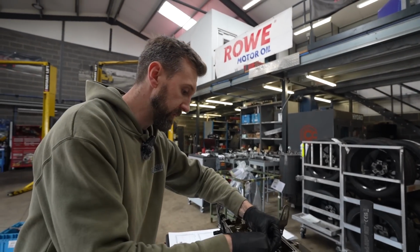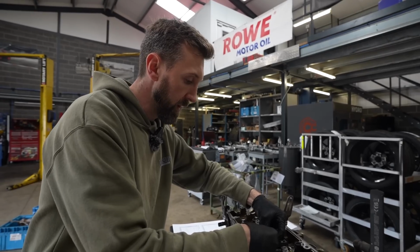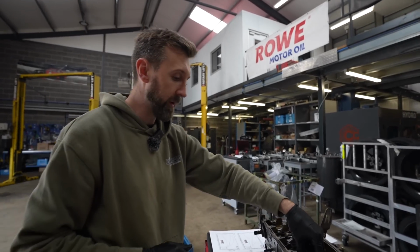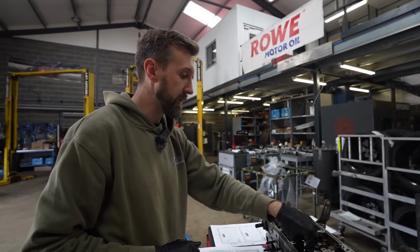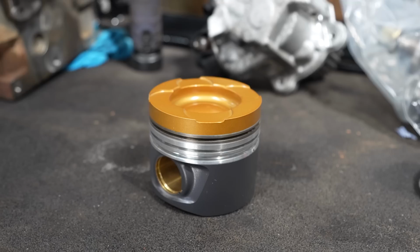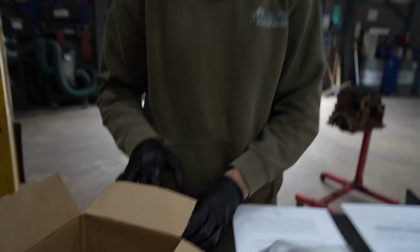The bore for this lifter is damaged and you can't get another lifter back in it, so this head's pretty much scrapped. We've got a ported head. We just happen to have a ported head kicking about with the big valves, which it'd be rude not to use. We've got a set of weight matched pistons. Obviously we've got a full set of weight matched ceramic coated valves,